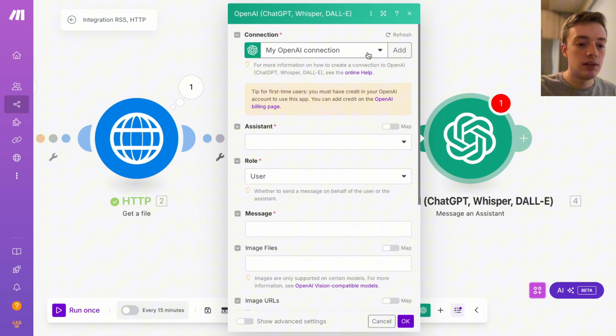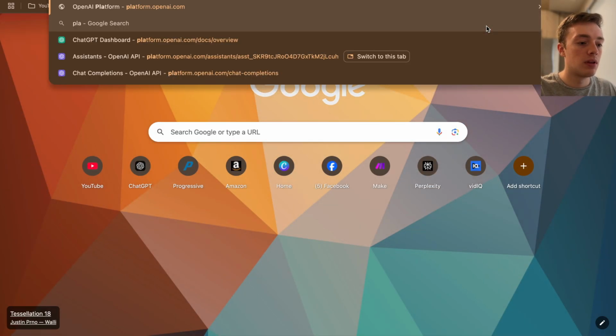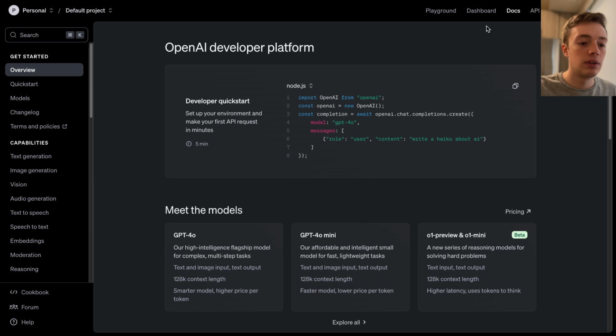So the first thing we need to do is add your connection here. Mine is already connected, but go ahead and add yours here. And now it's asking for an assistant and a role and a message. So the best way to go about using the assistant is by going over to platform.openai.com. And if you type that in, you'll be brought to a page that looks something like this. Make sure to select Dashboard on the top right,